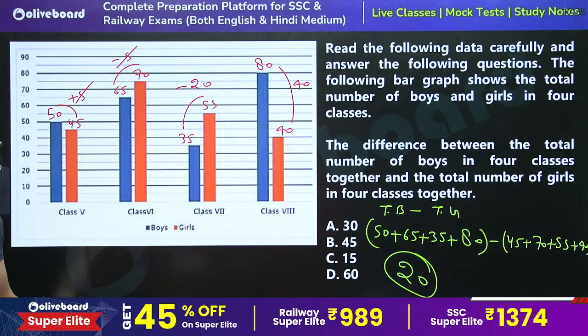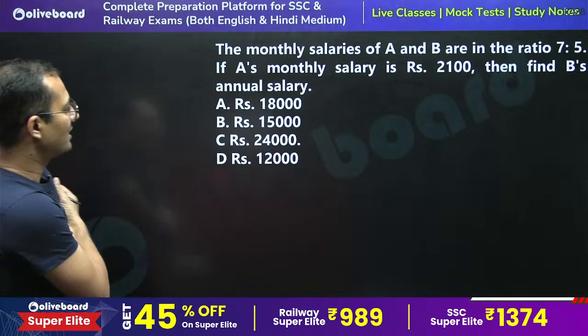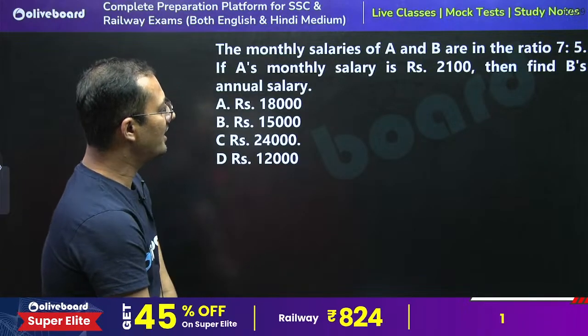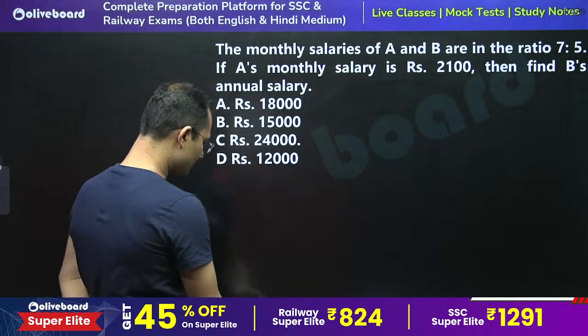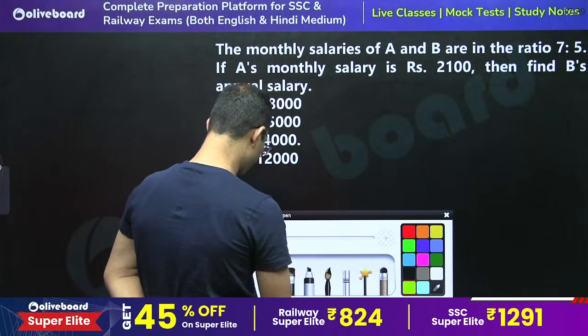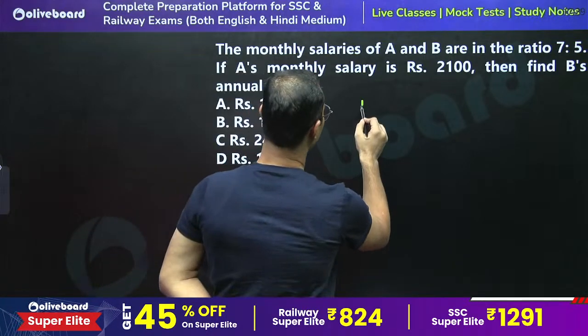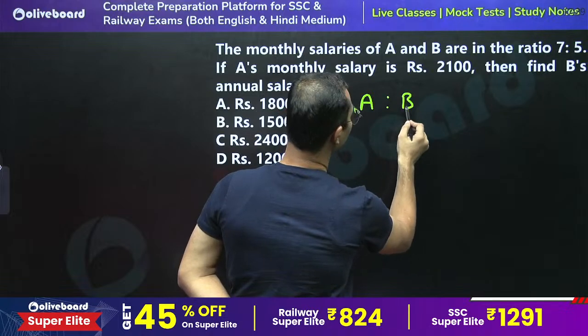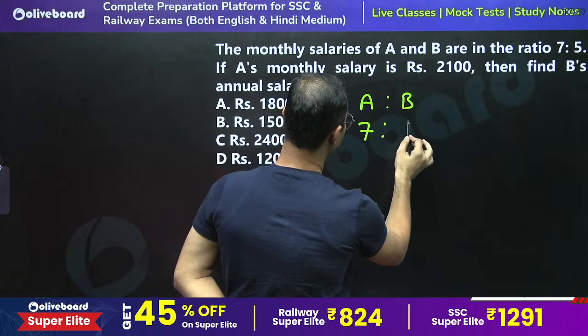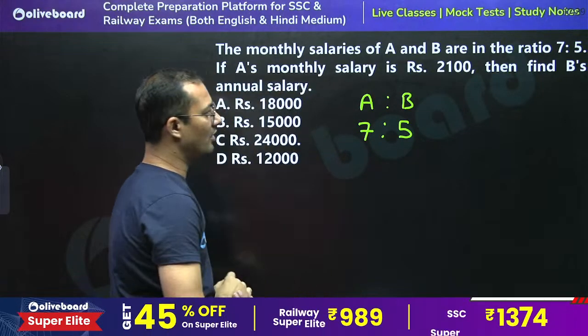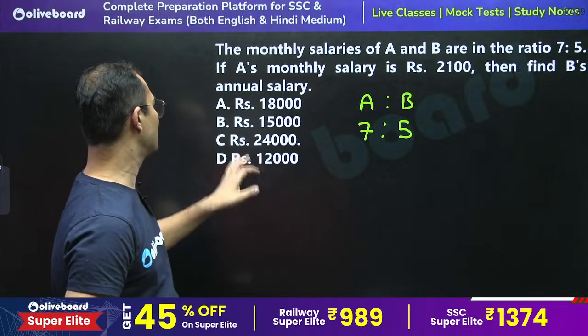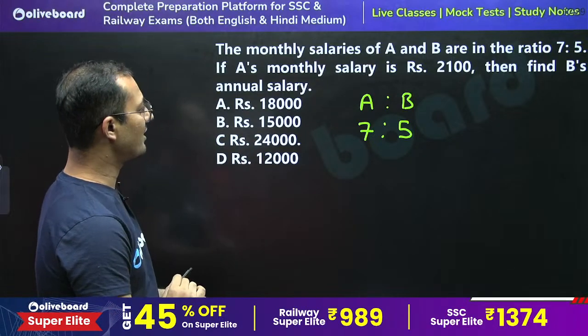Yes. So moving forward, the monthly salary of A and B are in the ratio 7:5. See the monthly salary of A and B. The monthly salary of A and B is in the ratio 7:5. A's monthly salary is